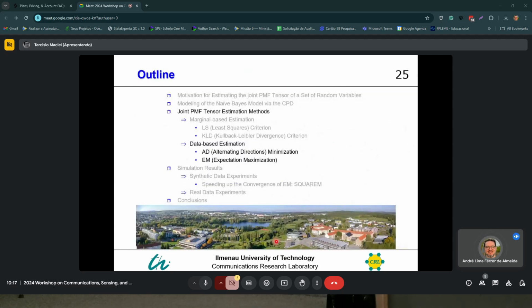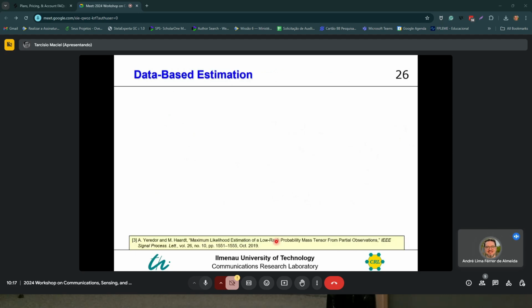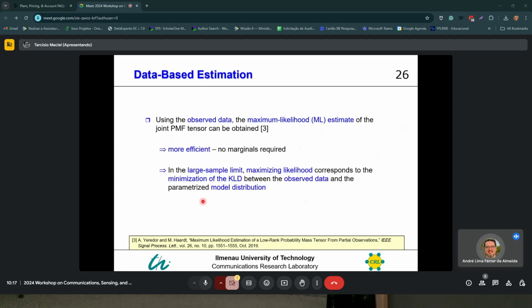Okay, now let's look at the second method, the database estimation. Using the observed data, the maximum likelihood estimate of the joint PMF tensor can be obtained, as we've shown in this Signal Processing Letters paper. It is more efficient because we don't need to calculate marginals. And in the large sample limit, maximizing likelihood corresponds to the minimization of the KLD between the observed data and